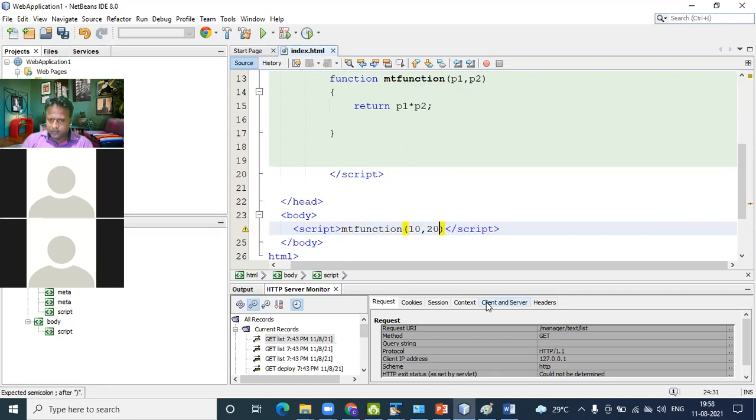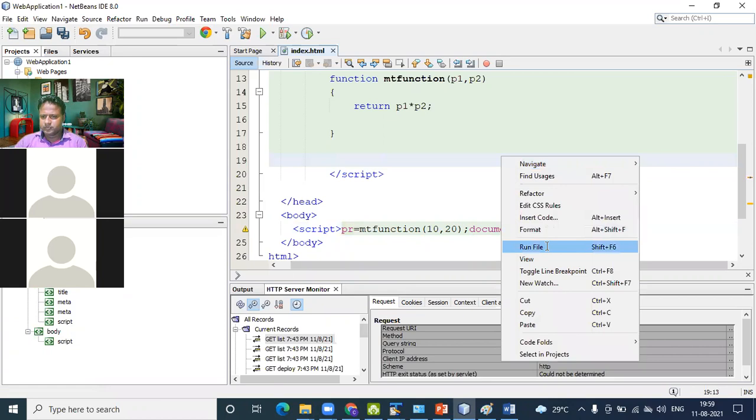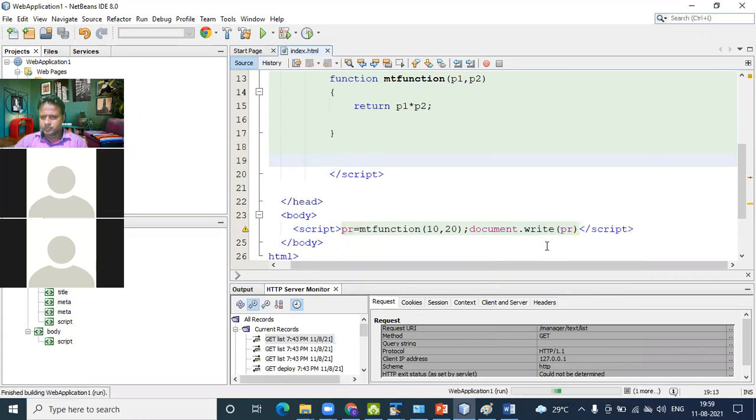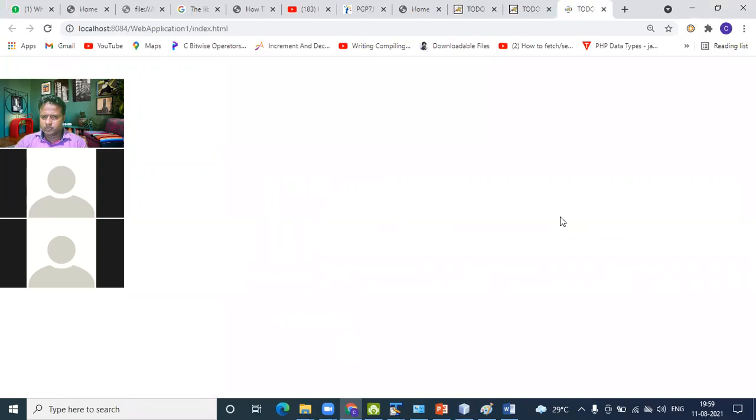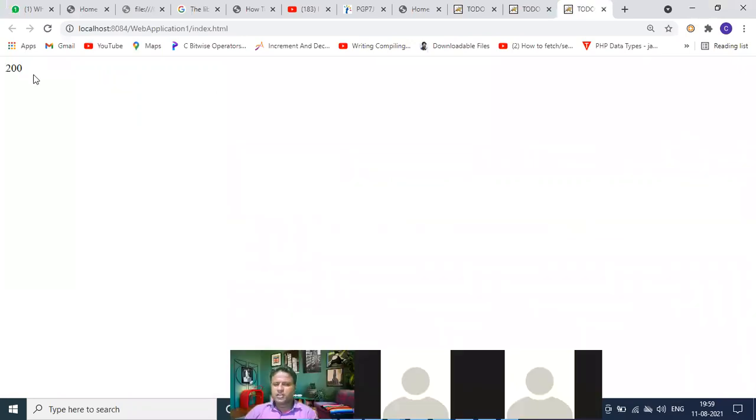Then I complete. Here it's supposed to be 10 and 20. Okay. It multiplies the numbers and shows the result.